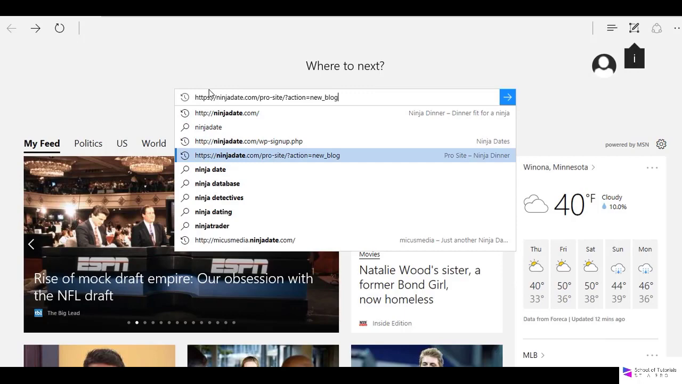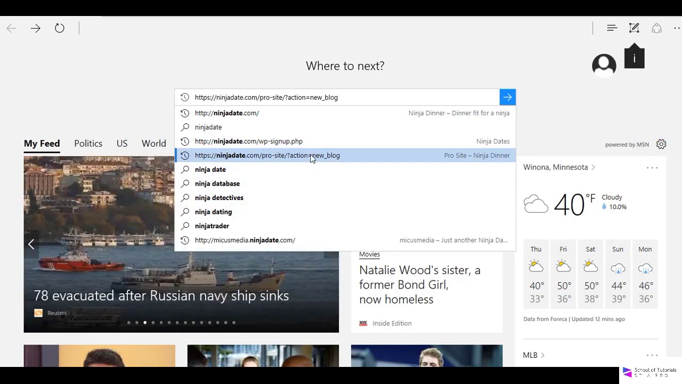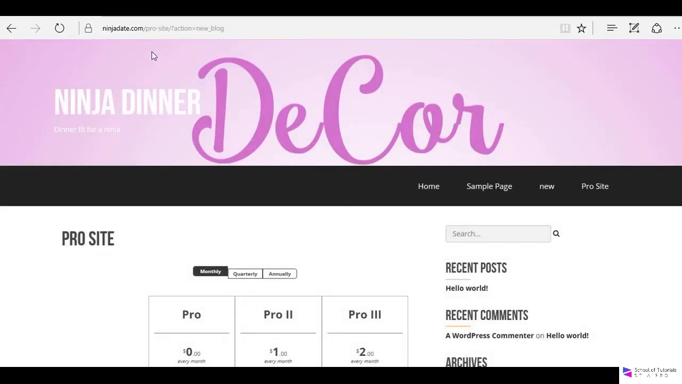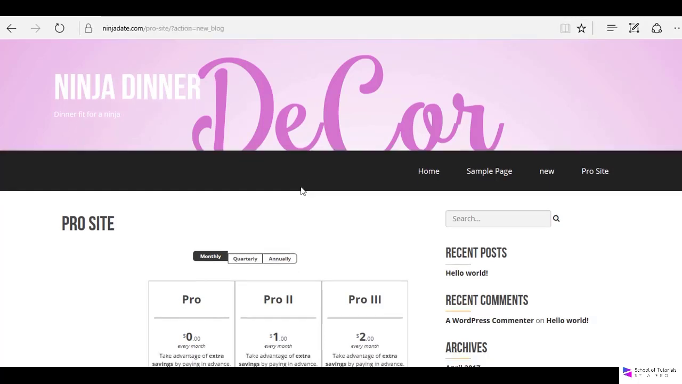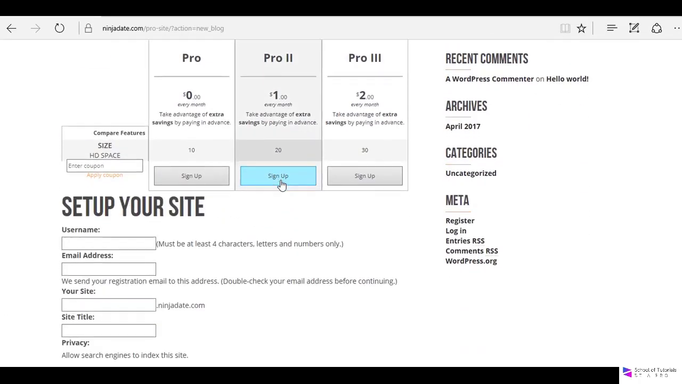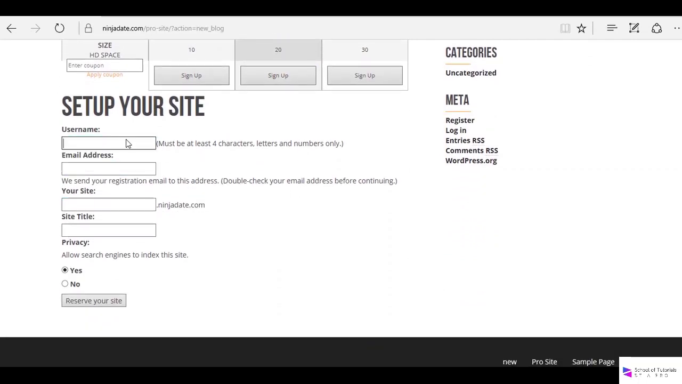And since we previously set this up before and went to it, that's the name of the link I need to go to. By default, your ProSite sign up page will be ninjadate.com or whatever your domain is /pro-site/this. Okay. So now if I wanted to sign up for a new site, I could click this, sign up, then it's going to ask me for a username,